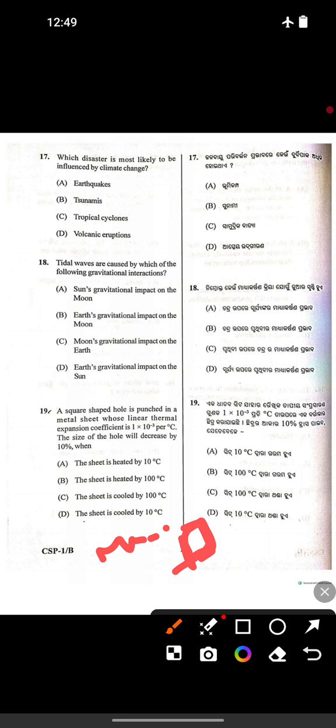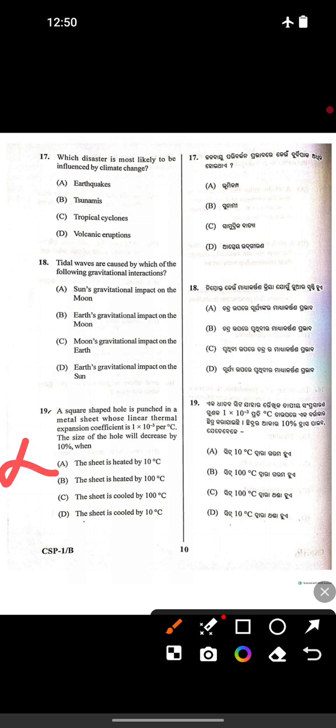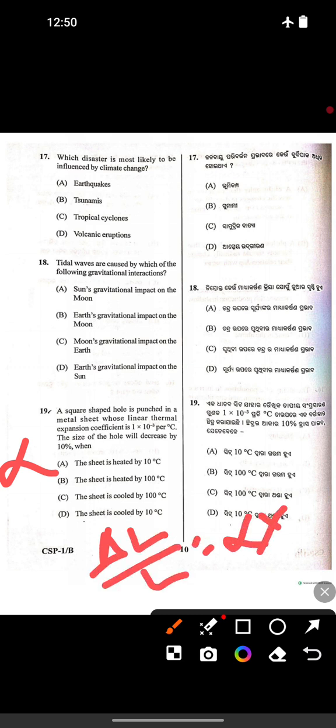So here, what is given? The thermal expansion coefficient alpha is given as 1 into 10 to the power minus 3. Then our formula is del L by L is equal to alpha into del T. Here L is the length, del L is the expansion or contraction of the length, and T is the temperature, alpha is the thermal expansion coefficient. So we can put here